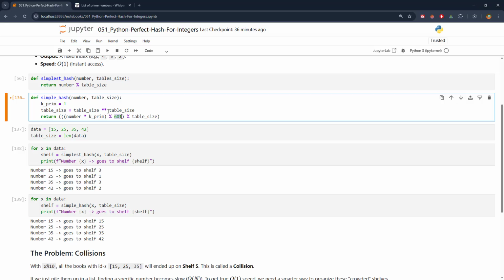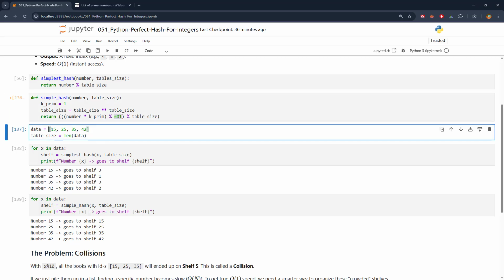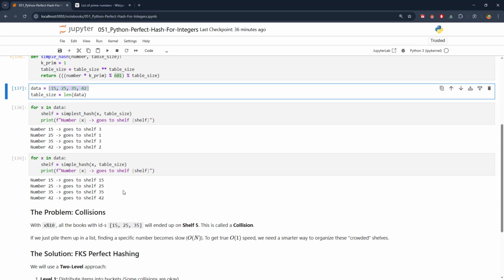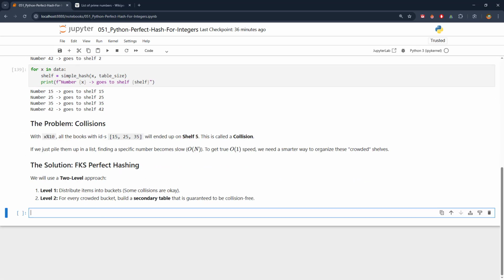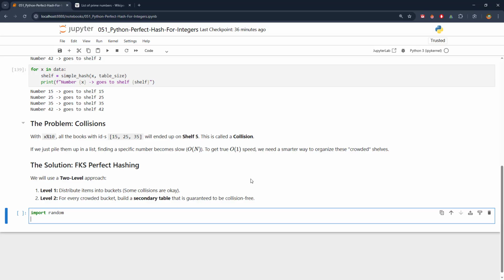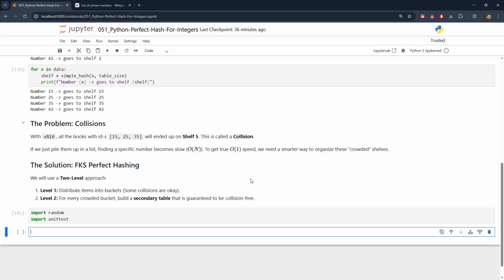Here we're going to use the smallest prime number bigger than the biggest number in our data set. So in order to do this, we need to import random and unittest and define a helper function, is_prime,